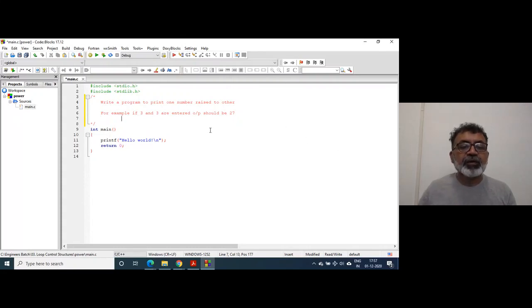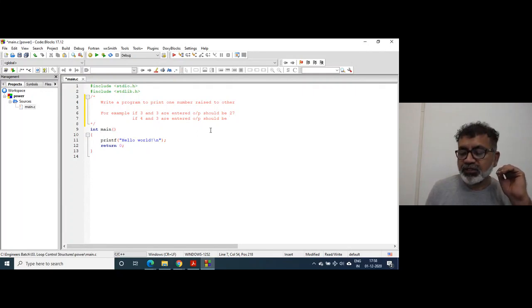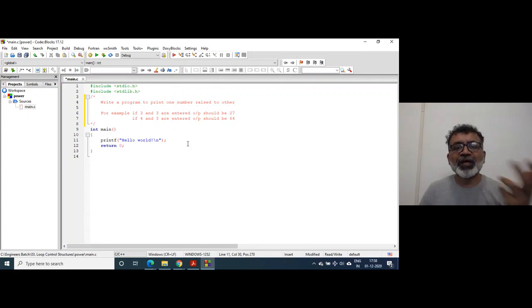If 4 and 3 are entered, the output should be 4 fours are 16, into 4, that is 64. That is a power function, x raised to y.